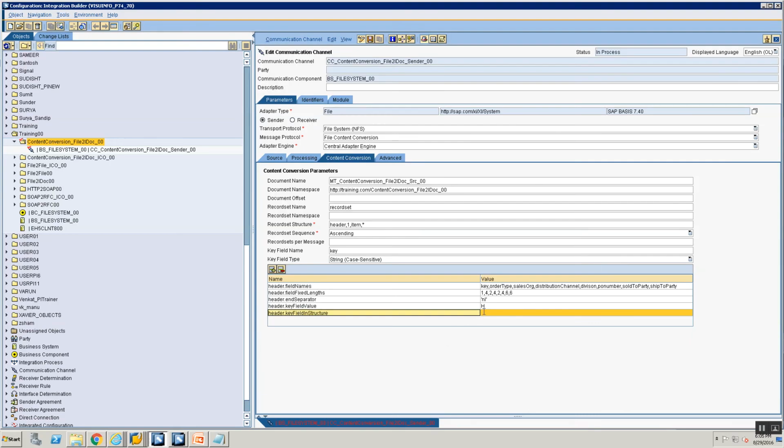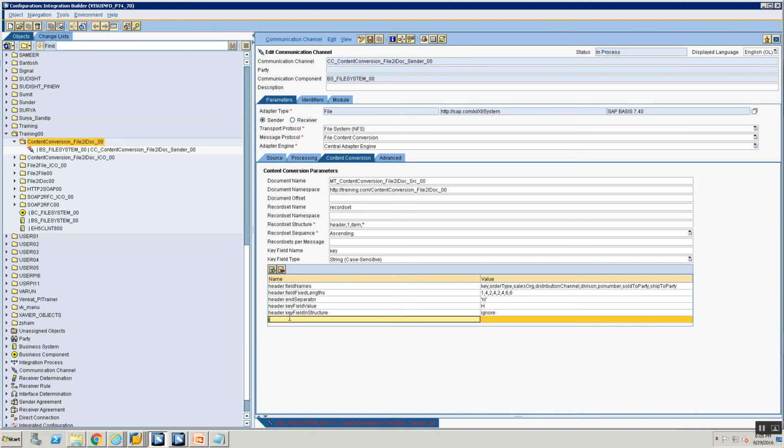I just wanted to get the right spelling. I didn't want to type it. Be very careful. A lot of times what happens is when people do a copy paste, there will be an extra space at the end of it. If there's an extra space, PI will complain. So every time you have a problem, make sure that none of the values have space at the end of them. Okay. So key field, there should be no space at the end. Key field in structure, I say ignore.